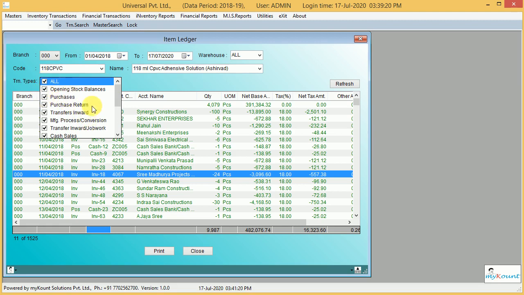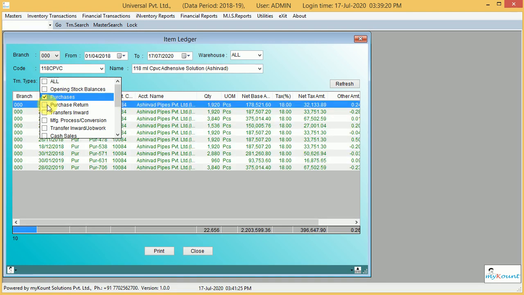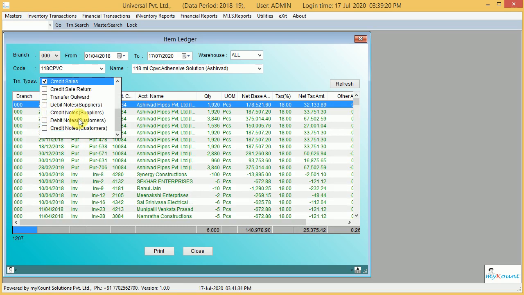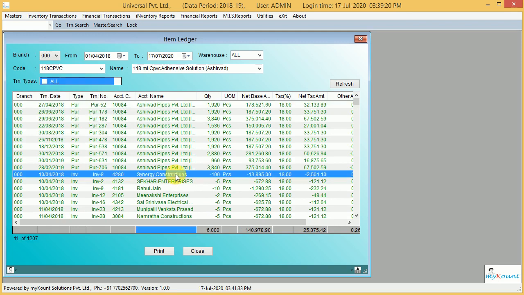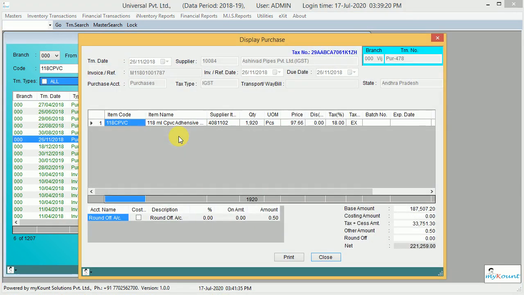Here they are selected for all transactions. Now I am removing all and selecting only purchases, purchase returns, and credit sale. So based on the selection, the transactions will be shown here. On double click, you can see the complete transaction.